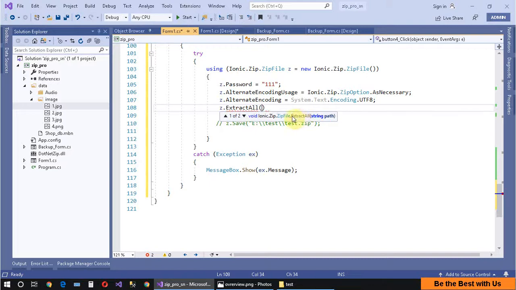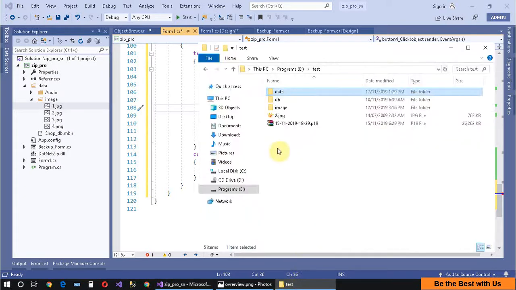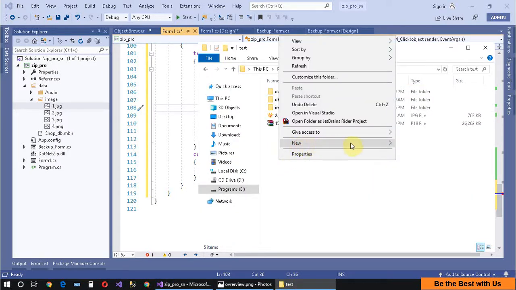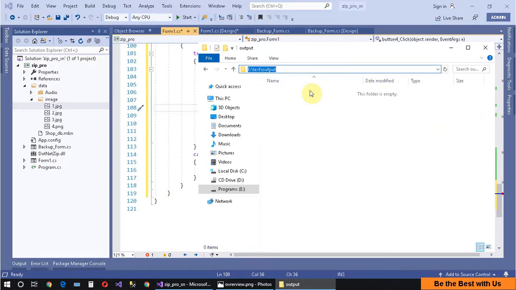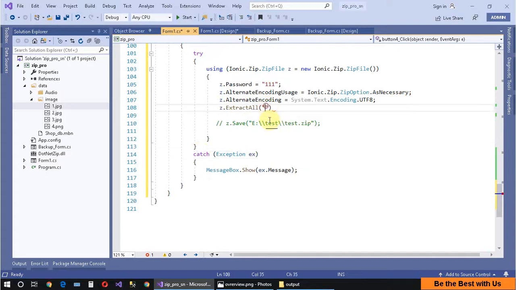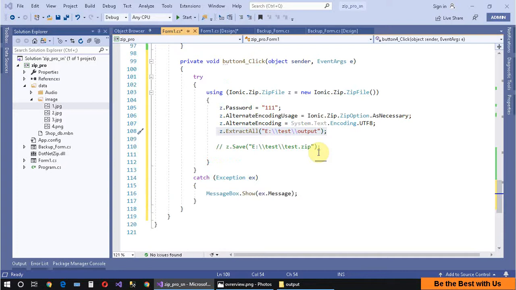So this is the simple one, and I need only set my folder to extract inside it. Let's do it. Come over here, click on it, and great. And come to my test folder, and this is my test folder. Let's create the new folder and name it, for instance, output. Excellent. This is my output. Click on it and copy its path and paste it over here. And after that, everything is done, and semicolon and add some backslashes and double it. Excellent. Now this is the code for extracting my file,